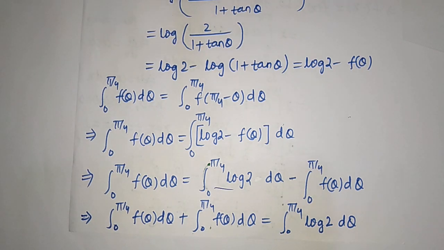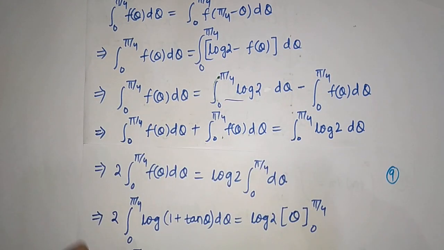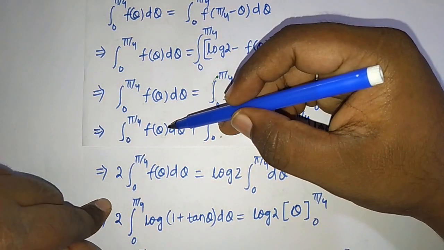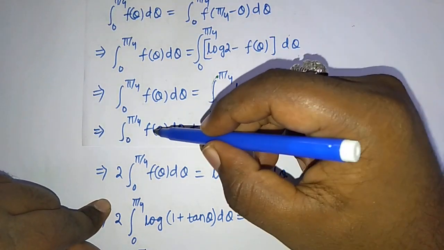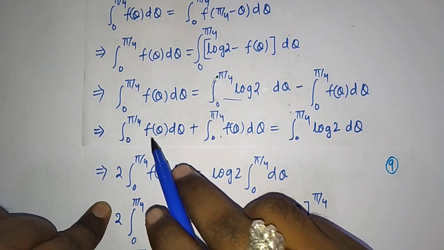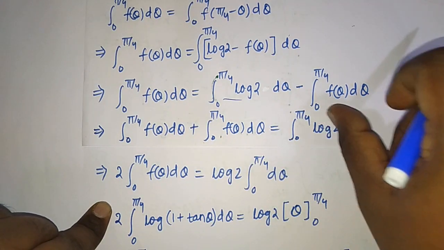Now here the integration from 0 to pi by 4 of f of theta is there, and these two terms are same. If these two terms are same, then we can add them like this. We know x plus x is 2x, so if these two integrals are same, then we can write 2 times this integration. And in the right hand side you have got the integration from 0 to pi by 4 of log